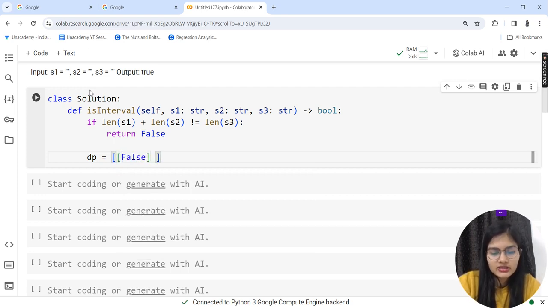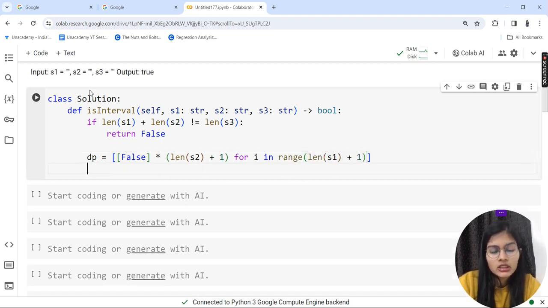So just like that, first of all I'll put one of my values which is going to be false, and in the bracket I'll put my condition for the length of s2 plus 1. Okay, and I'll apply my for loop. So for i in range, and my range is going to be the length of my string number 1 plus 1. Now see, this is something which I'm going to do up over here. First of all, for my loop, which is my for i in range. I'm just applying this rule for i in the range. I'll go inside this